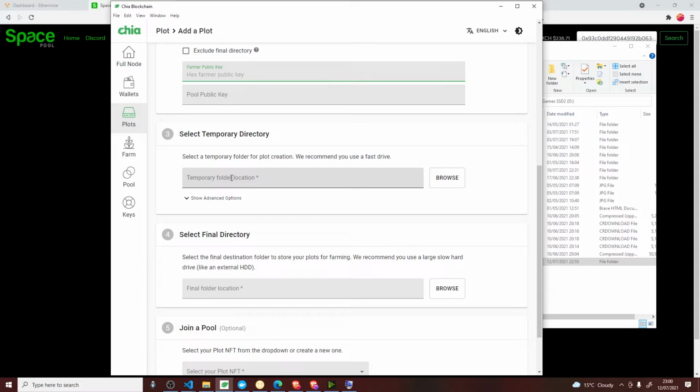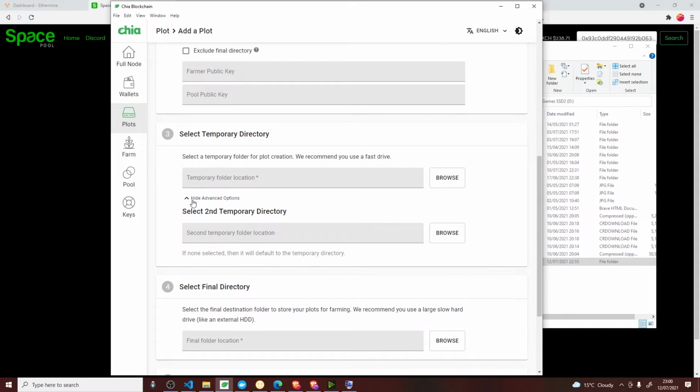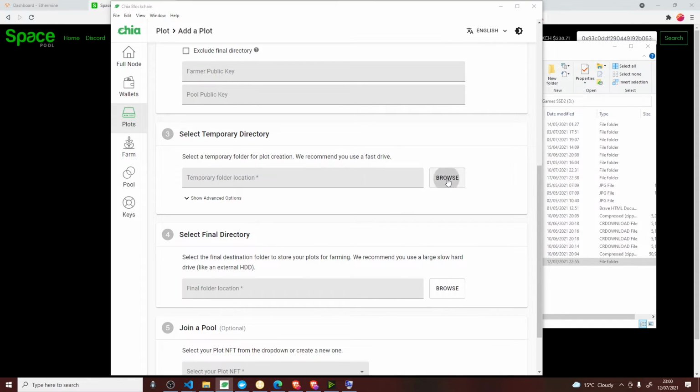Not going to come cheap. I use an NVMe drive on my main machine at the moment, but you could use a normal hard drive here. Let's do that on here because I've not got an NVMe drive on this, and you can have a backup one there. So we'll do browse.